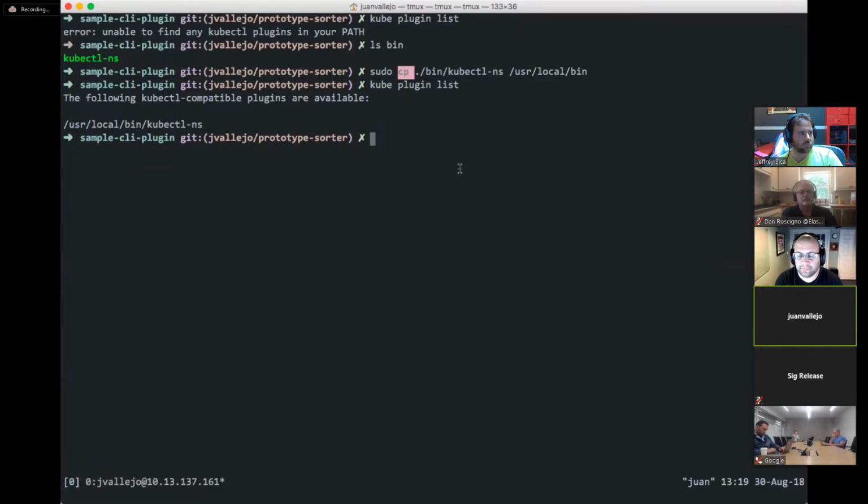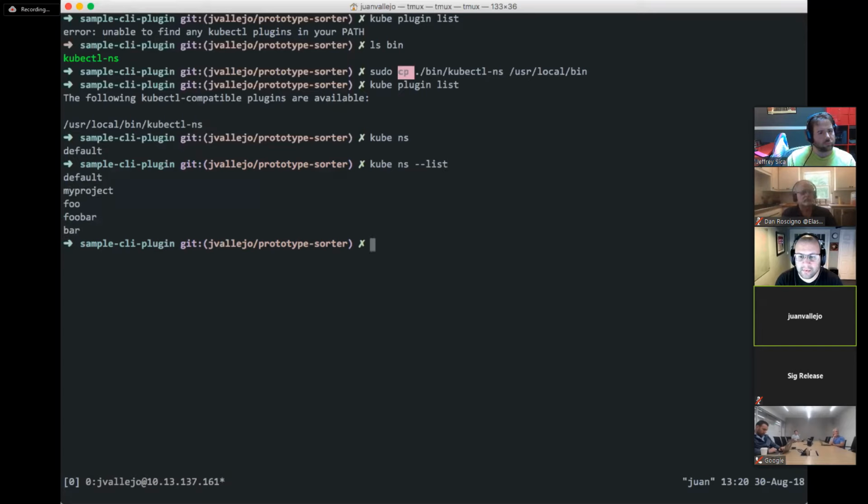So now running this plugin, what does it do? Very simple. If you just run QControl NS, for example, it'll tell you what namespace you're currently in, and this uses entirely your kubeconfig. There are no calls being sent to the API server for any of this. You can list all of the namespaces that are being used in your kubeconfig, and you can also change your